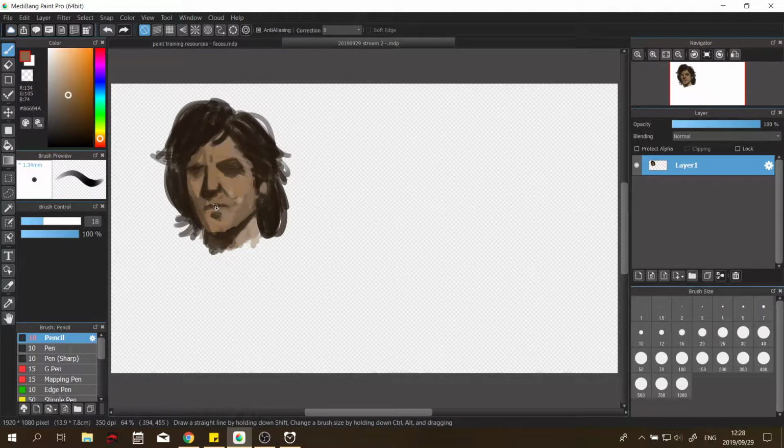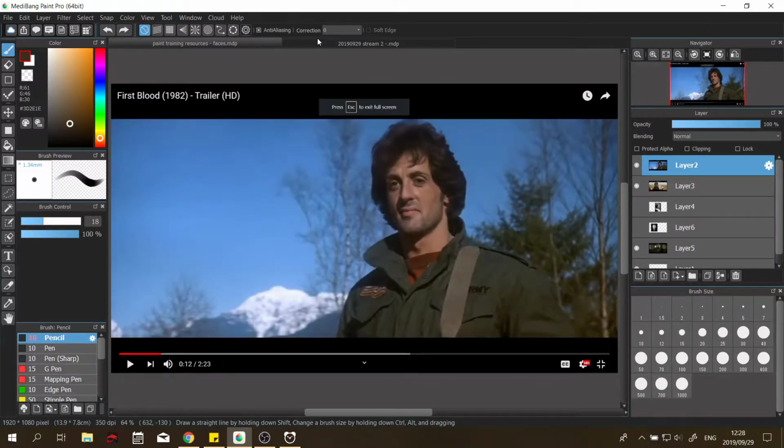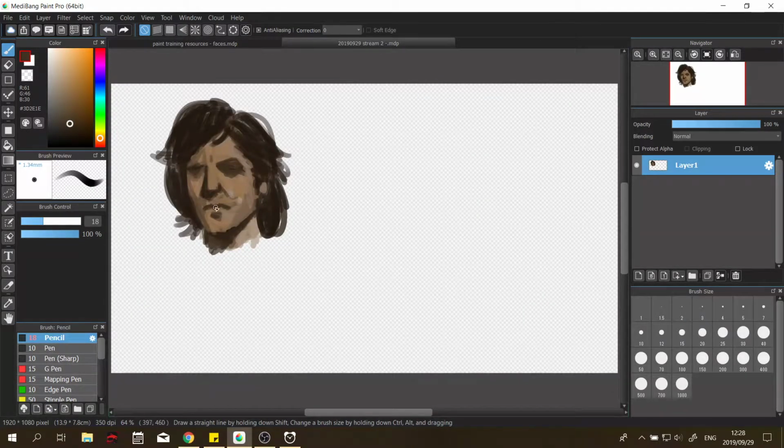So even if I don't get the likeness of the character I'm trying to draw, I feel like using references helps anyway. I've pushed this far enough. Because, well, looking at a photo or looking at someone in real life, obviously